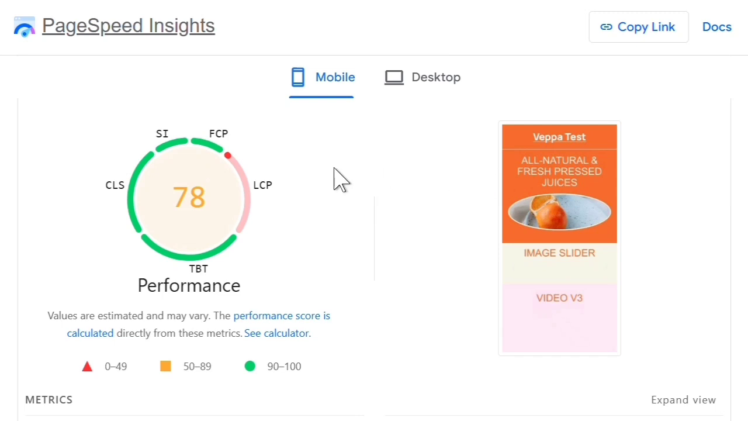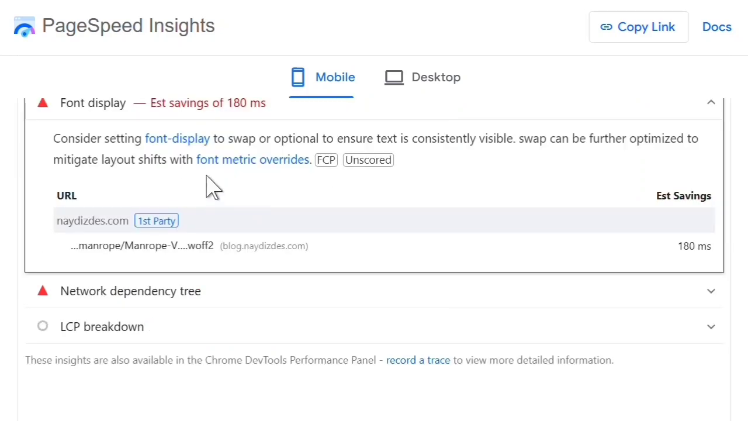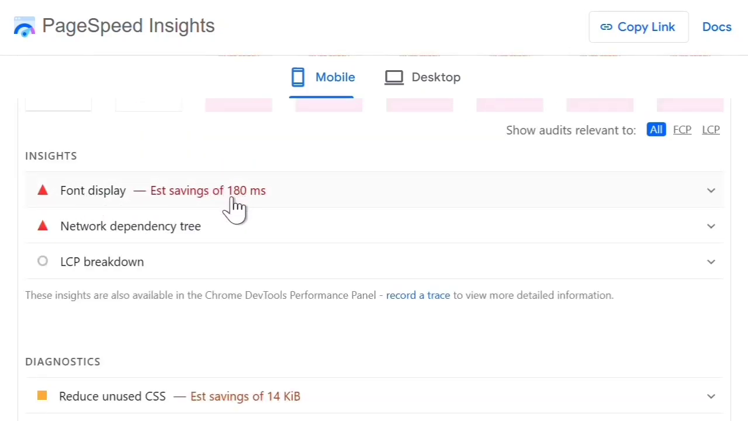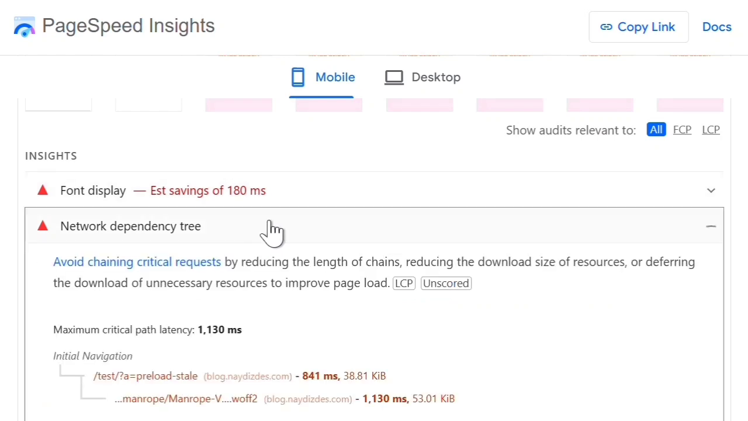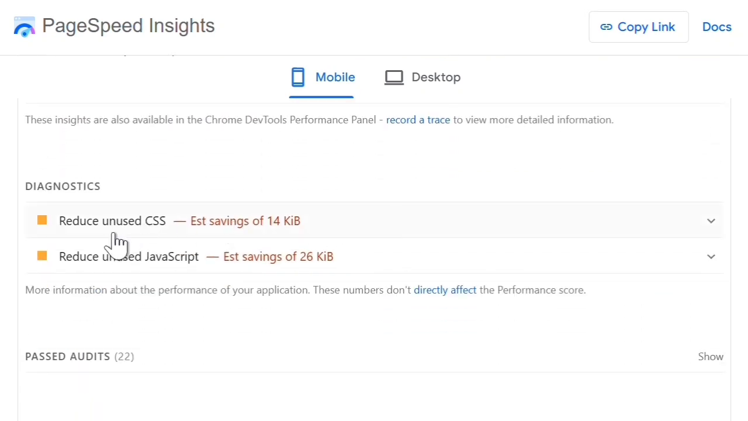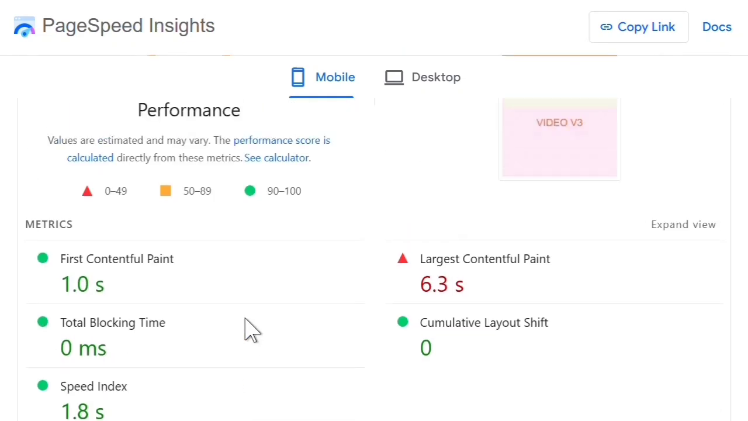So I have lots of optimizations done and everything is green except Largest Contentful Paint. First Contentful Paint is 1 second, but Largest Contentful Paint is 6.3 seconds. When we look at details, we can see a warning about a font, 180 millisecond delay. The network dependency tree also shows that one font, and there's nothing else that we can look at to understand why